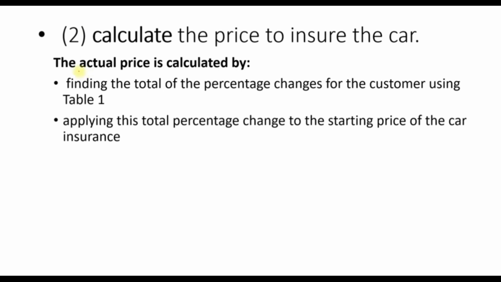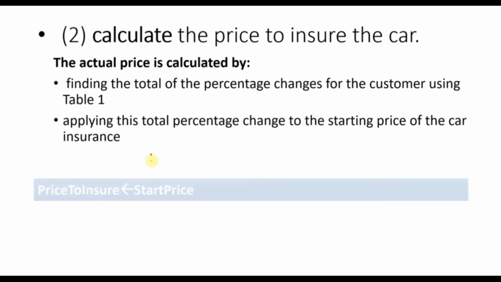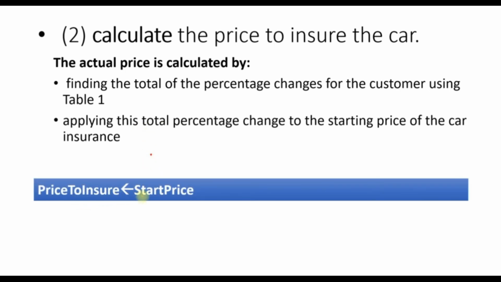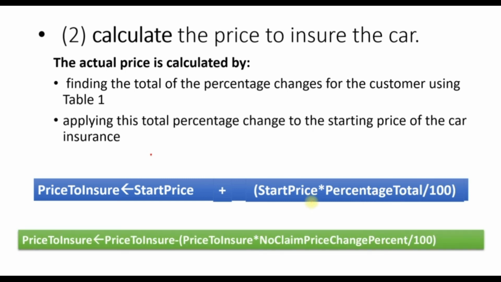Have we done with calculating the price? Not yet. We need to add the years without a claim, so this part needs to be finished. Okay, so now the price to insure the car will be the price, starting price, plus the start price multiplied by the percentage total. This is what we have created from the first step. Now we need to, again, to make sure that the price to insure is the price to insure. Again, let's say that we calculated that and it came to be like 750. Okay, now the price to insure will be the price to insure the car,